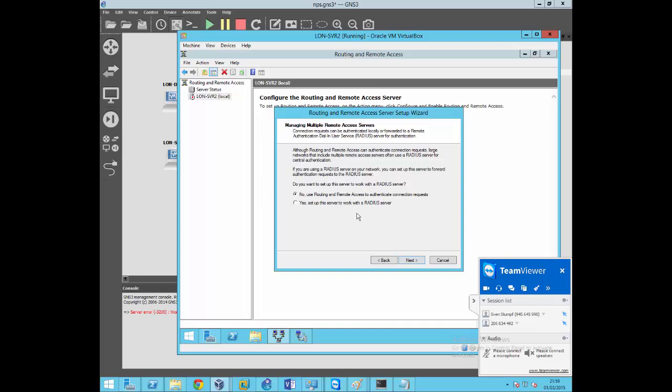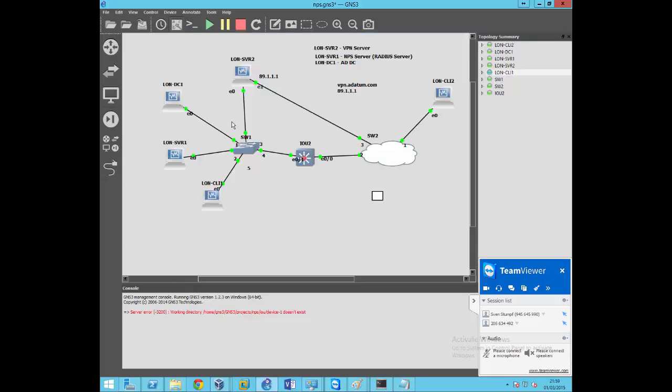Then next, it says, do you want to set up this server to work with a RADIUS server, or do you want this one to be the one authenticating? In this case, because we're not using a RADIUS server now, we say we want this VPN server to be the one authenticating users. And just by selecting that option, it will actually